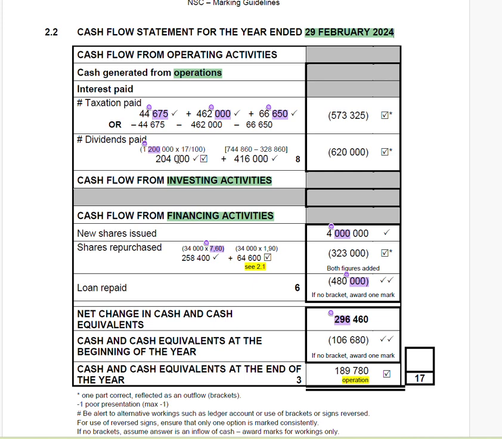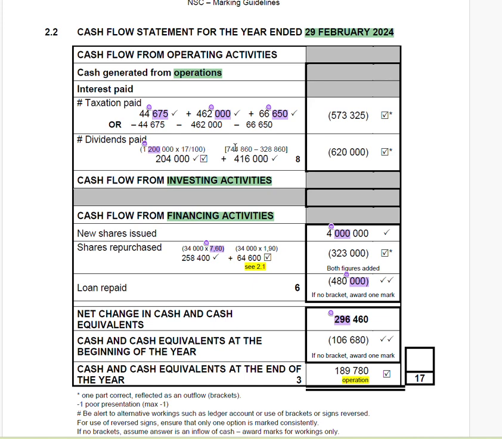So this 204,000 is paid in the current year because it was declared at the end of the previous financial year. And we also show in the table that it is paid in the current year, which further confirms that this is indeed paid in the current year. And then what else do we know? So we know that the total dividends for the year was